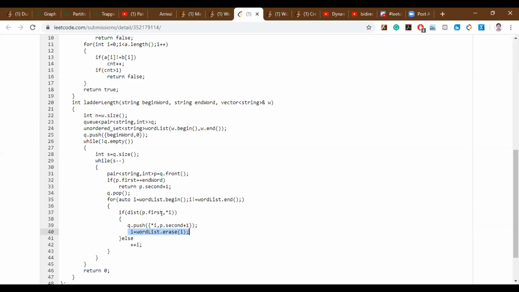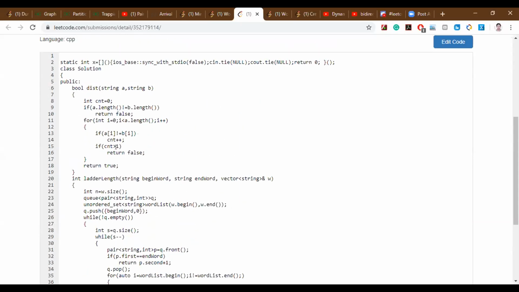He's actually checking that, because when he's passing to the dist function, he's passing the current word and the word from the dictionary, and then comparing whether that word is just one distance away. Is that correct? Yes, I'm comparing here. You can see that if count is greater than 1, then it returns false. If it is not, then it is true.